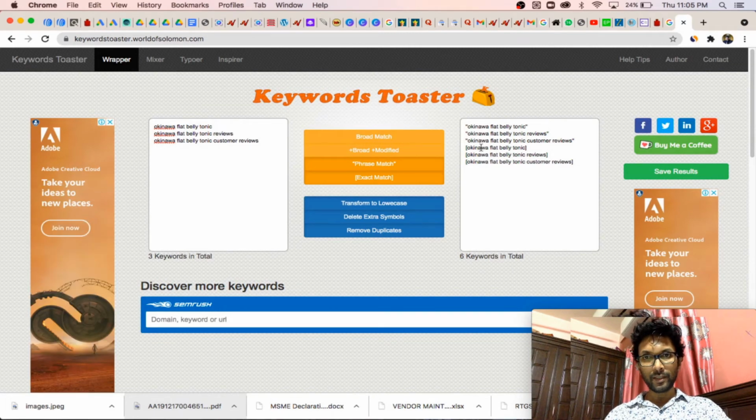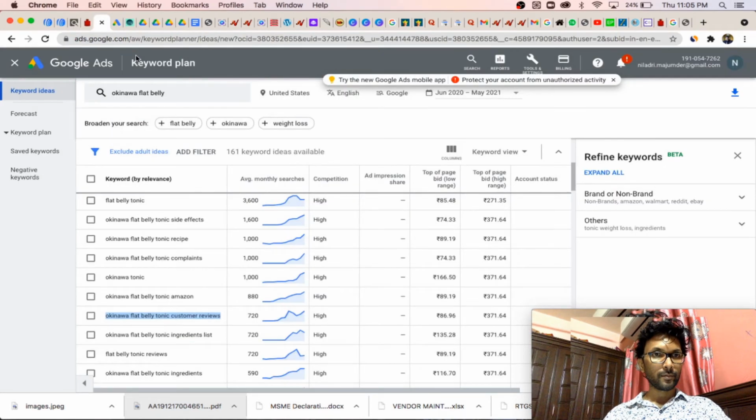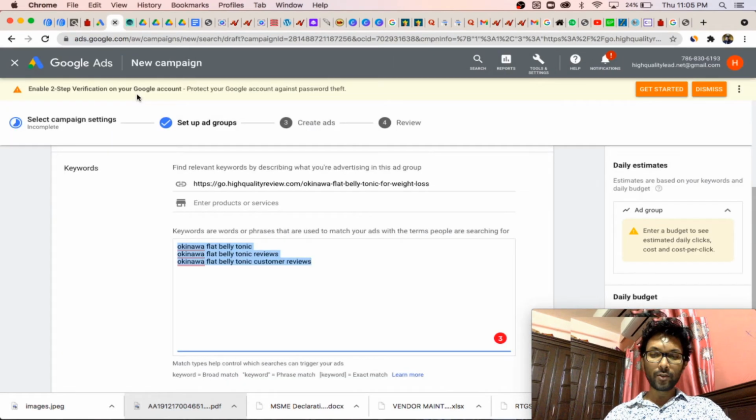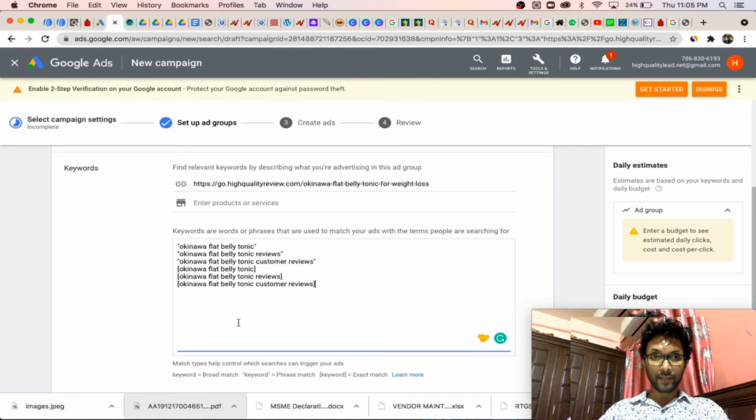So copy here. You can include more keywords if you want, but most of the conversions will come by using the review keyword. People will come to your website by searching that particular product and then review.